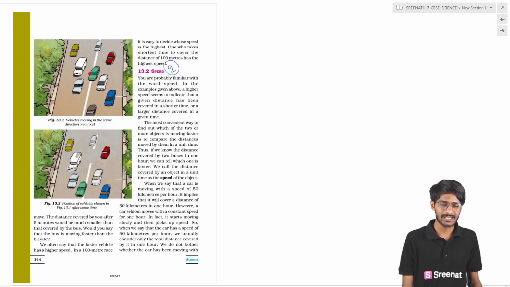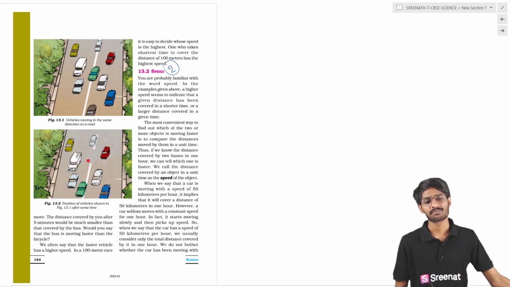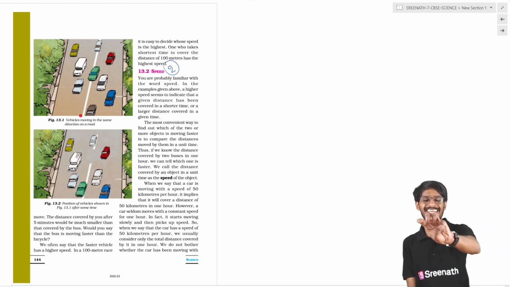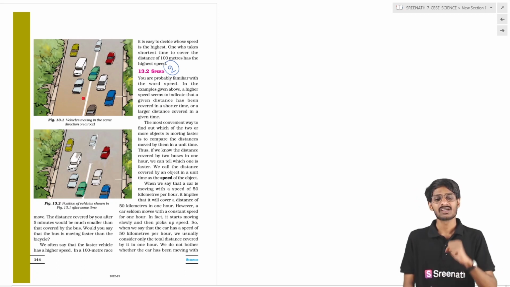Suppose this is the picture of the vehicles on a road. After some time, this is the picture of the same vehicles on the road. Can you observe which vehicle is moving fast from these two pictures? I am giving you 3 seconds of time. You have to give that answer, students. So 1,